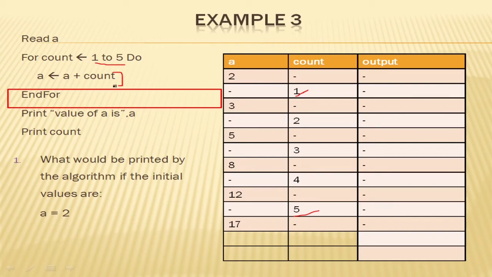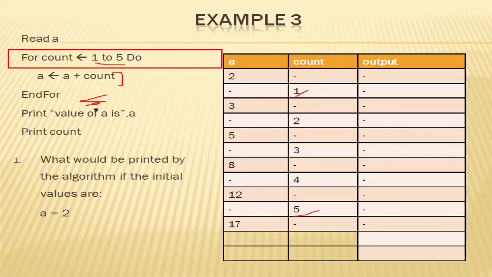So in programming world, what we will say is that we will now break out of the for loop. So look how it goes. We're currently at the end for, which is right here, right? The program is then going to go back to the beginning of the for loop, right? It is going to realize that count is now 5